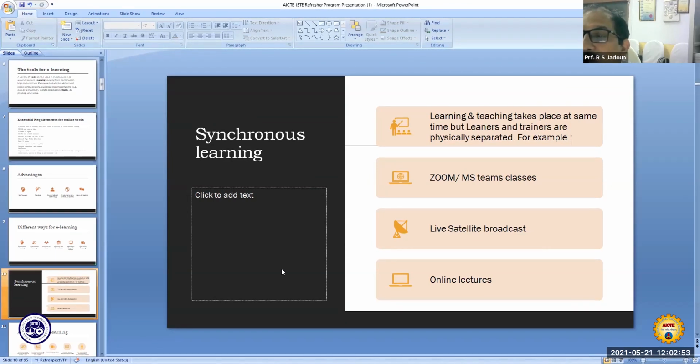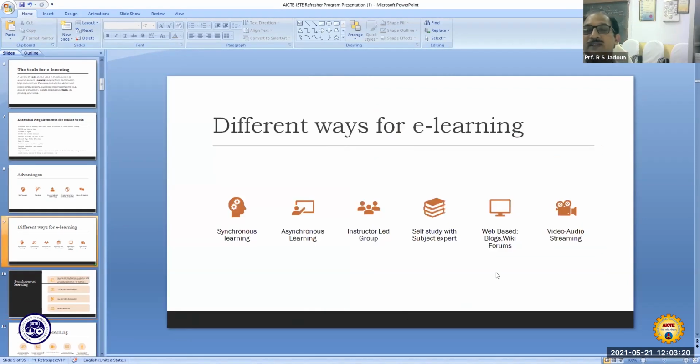So this is the great advantage, that you can interact while located at a remote place through the use of different platforms: Zoom, MS Teams, Google. There are a number of platforms available to connect. Live satellite broadcast may also be used, or online lectures.